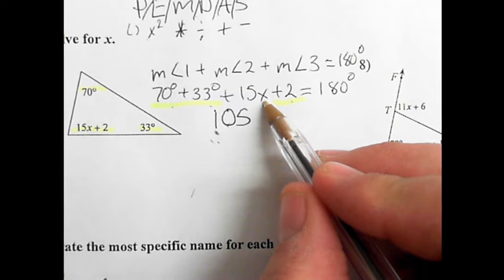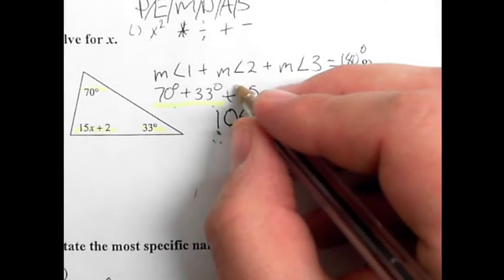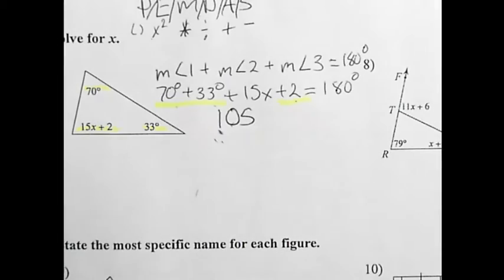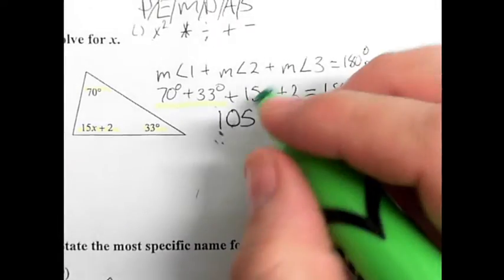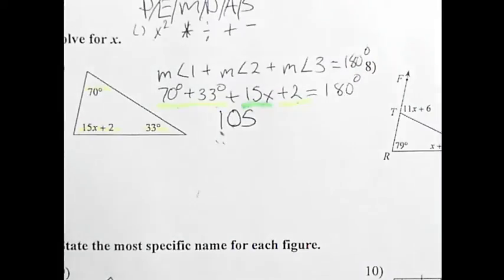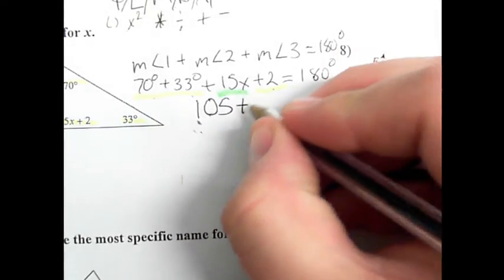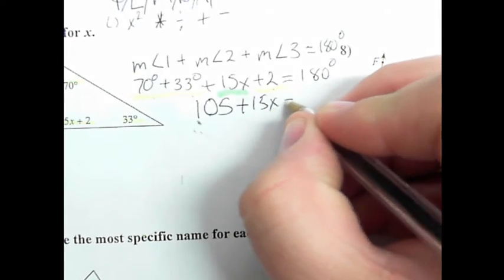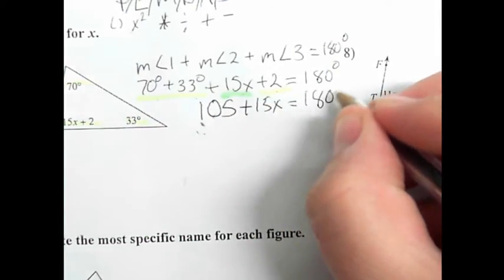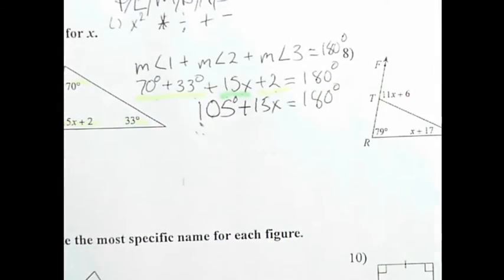15x can change. That's why we call it a variable. The value of this term right here can change. So I can't add it with something that's constant. So constants and variables can't be added. They're not like terms. So for now, I'm just going to write it right down like this. All right, cool. So now